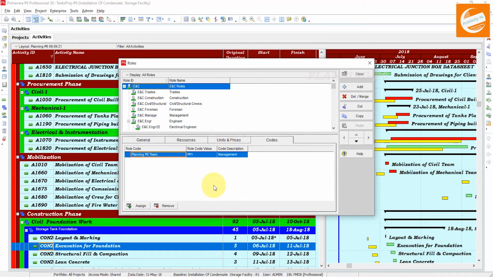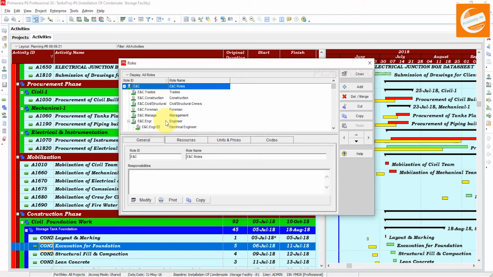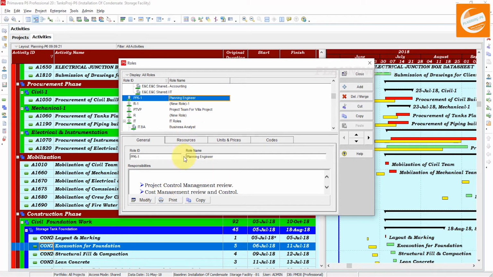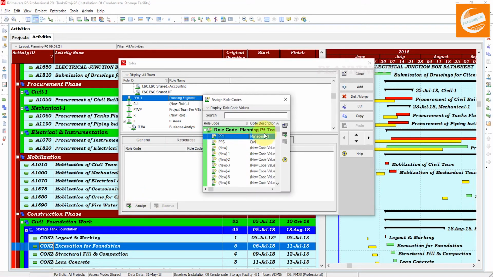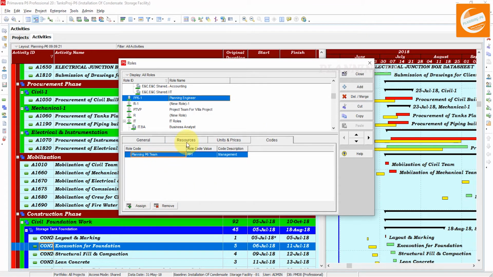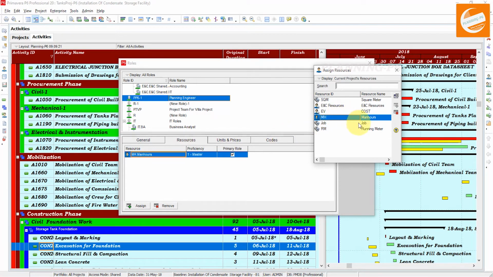For that project you can create too many roles, and you can assign them to too many resources and activities as well. If I go here, like our role was this one, planning engineer, and we have to manage codes for this one. Okay, assigned.